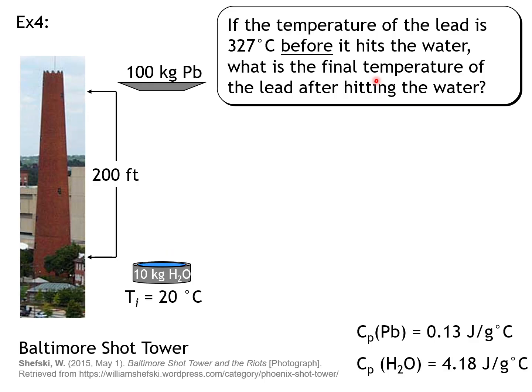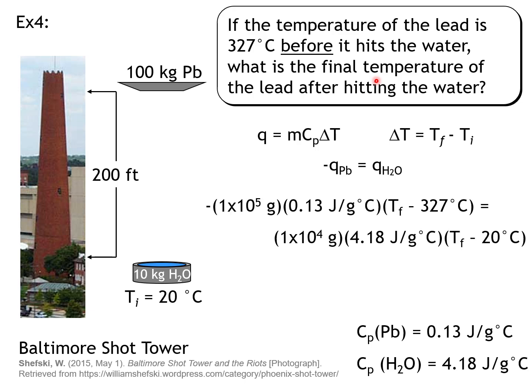So we drop it in there, and then we start doing the math. So we're going to be using the Q equals mCp delta T equation. Remember, delta T is final minus initial. The heat lost by the lead is going to be equal to the heat added to the water. So we convert our kilograms into grams, multiply by 1,000. Keep track of all of our signs, multiply everything through, collect like terms, and then solve for